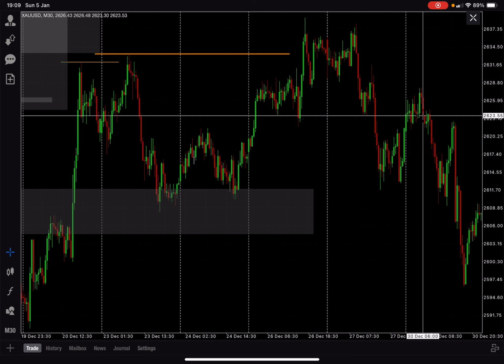So the 27th is here, and you can see we've cleared that previous high, and we've also got a nice sell setup with the London opening. So this is a nice clear sell setup for profit taking of that bullish move, because we validated